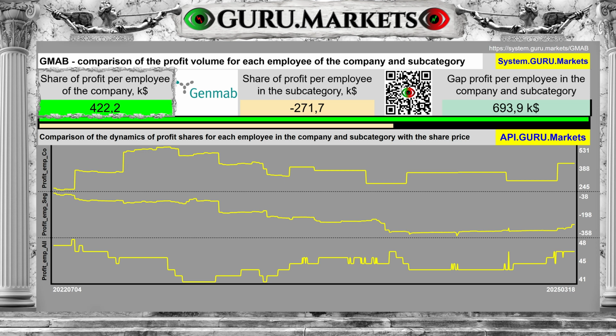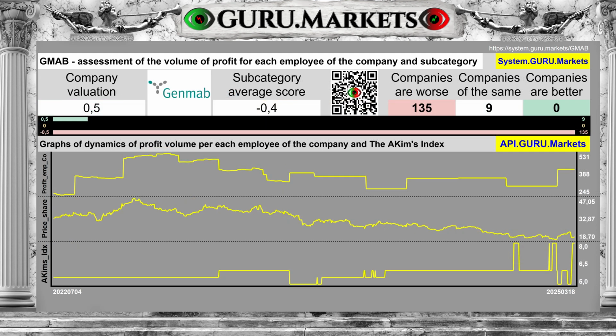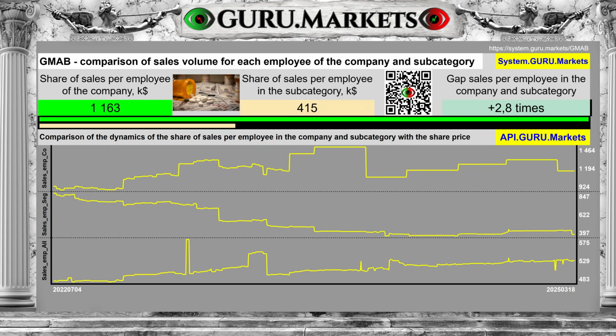$422,200. The average for the subcategory is minus $271,700. The difference between the subcategory average and the company's performance is $694,000. Estimation of profit per employee in comparison with the indicators of companies in the subcategory. Good, 0.5 points. The company's sales volume per employee is